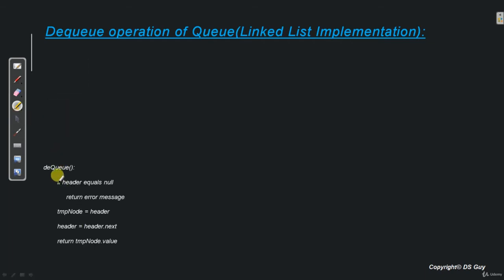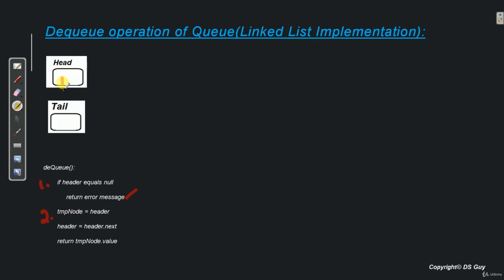So here we have the algorithm for dequeue operation. If you watch, we have two cases over here. Case 1 is when the queue is empty. So we have to return an error message, we can't do anything. Case 2 is when there is at least one element in the queue and we can perform the dequeue successfully. So let's quickly do a dry run of both of these cases.